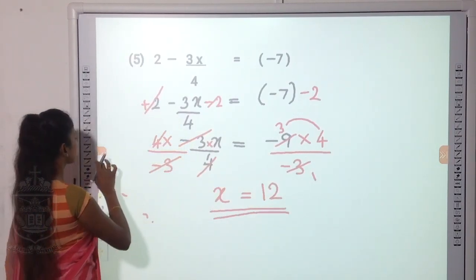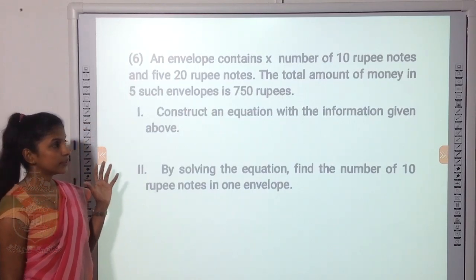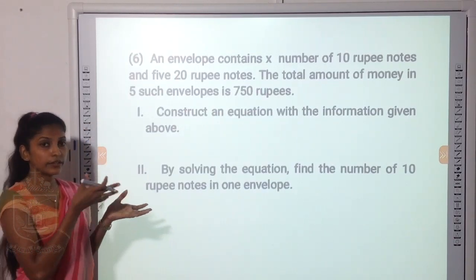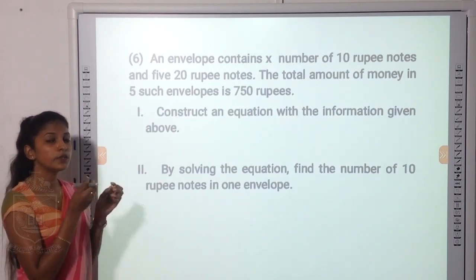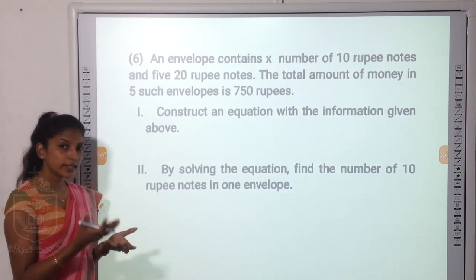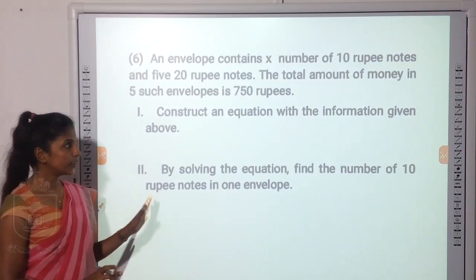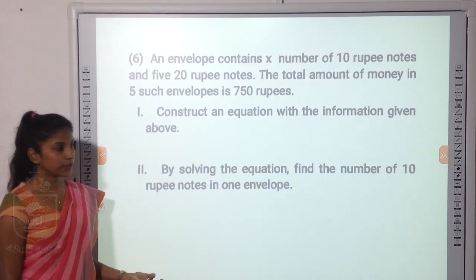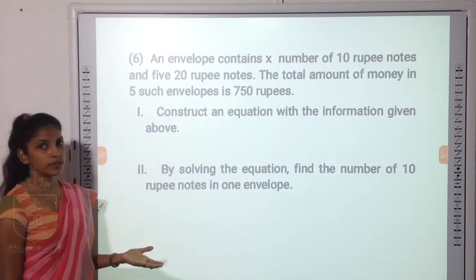Okay? Right. I'm moving to the last part where you have a description, where you have been given a certain incident. By looking at that, you have to construct the equation and then you have to solve. Earlier you were given the equation and you solved it. But here the equation is not given. You have to construct it by reading this and then you have to solve it out.